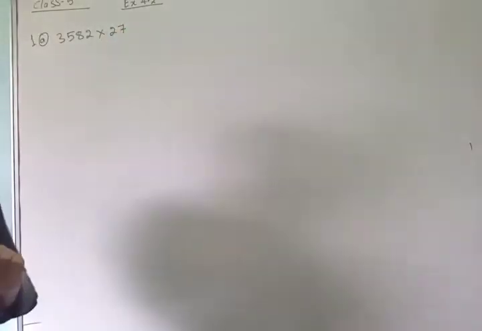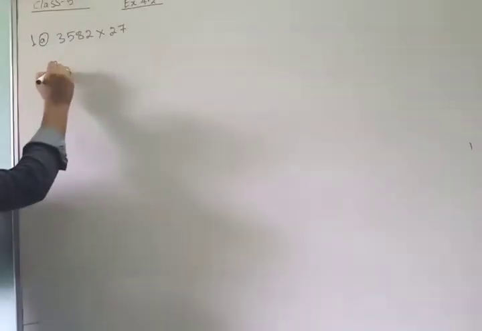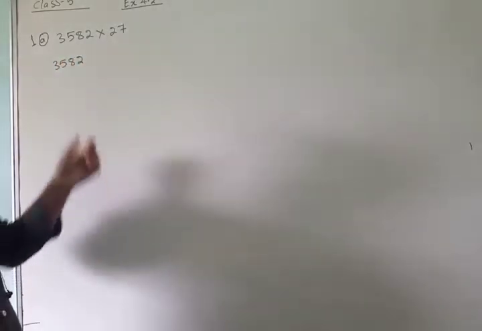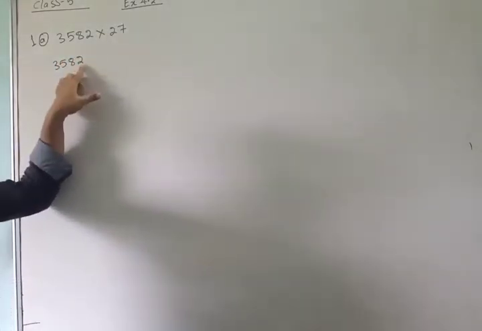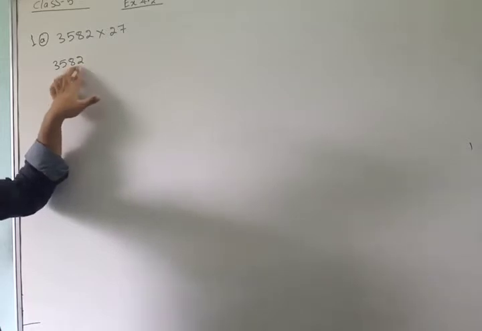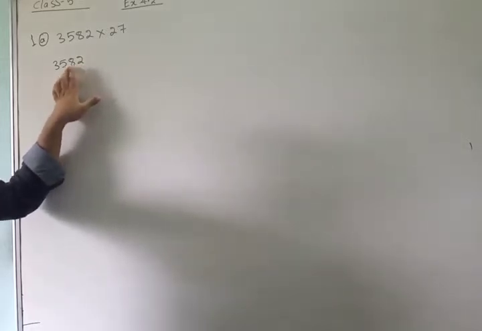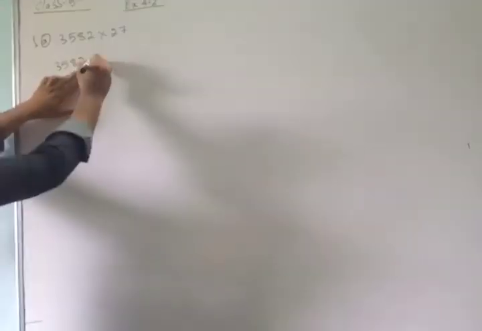Now, how do we have to round off the digit? See here, it is 3, 5, 8. See the last digit. Last digit is 2. If the last digit is less than 5, then just make it 0. Or if the last two digits are 82, it means 82 is nearer to 80, not 90.